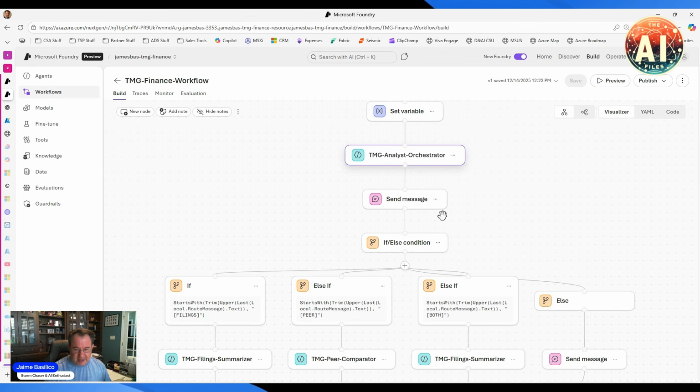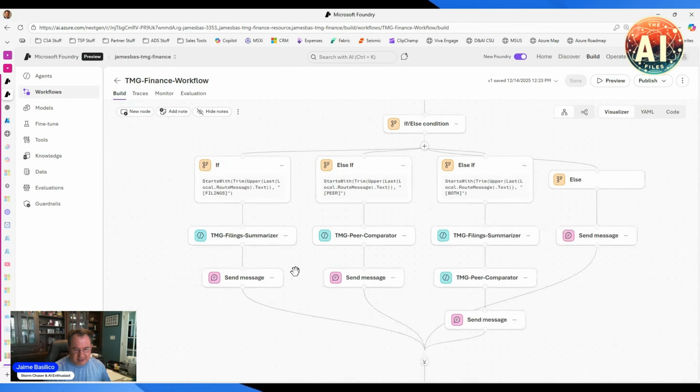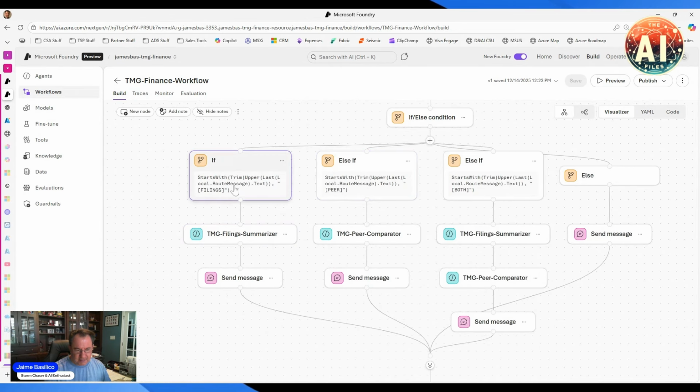And then what I'm doing is going into an if-then-else condition. The output of this orchestrator is going to be some trigger words that will then drop into, well, where does it need to go? In this case, you see what's actually happening. I'm doing an if, else if, and then a couple of different else ifs, depending upon if it actually had both indications. So I send this out to the summarizer agent, or the peer compare, or the filings and the peer compare. And then else, it sends a message saying, please rewrite your question. So that's how I construct the